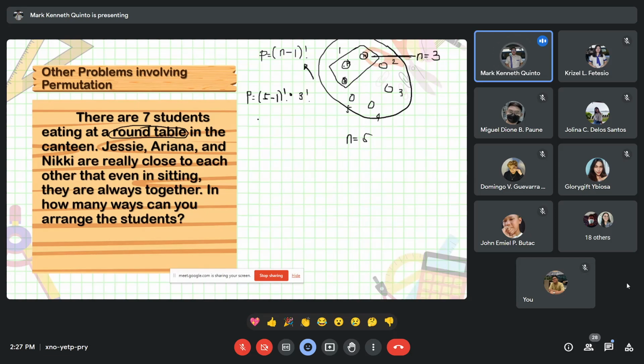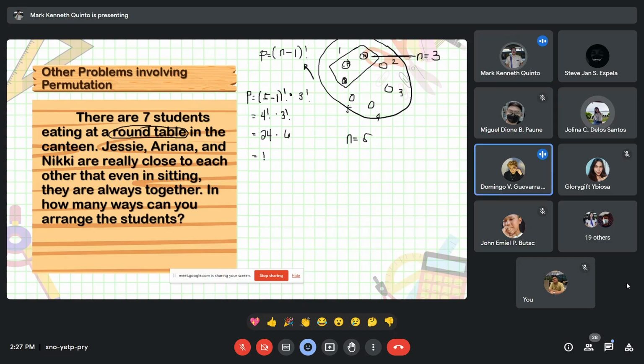3 factorial. So, 5 minus 1, that is equal to what? 4 factorial. 4 factorial times 3 factorial. So, 4 factorial, that is equal to what? 24. 24 times 6, 144. We are correct. So, therefore, the correct answer is letter A,